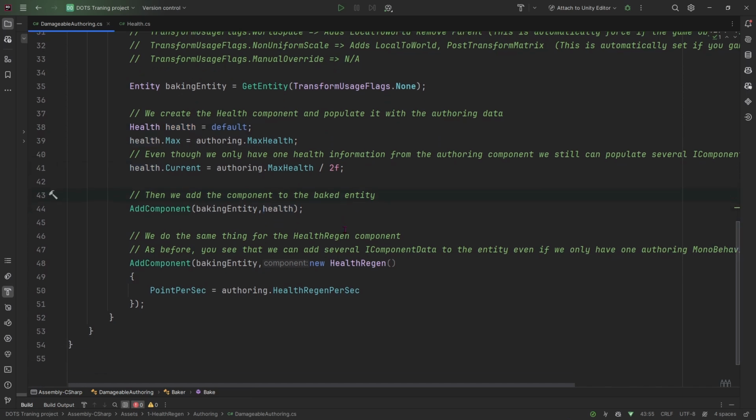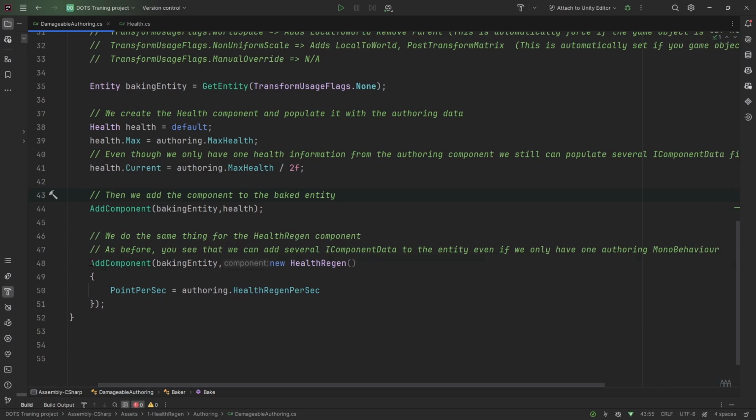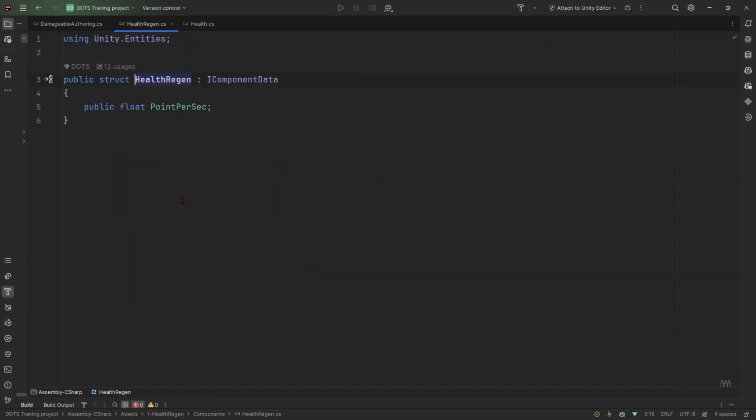I can do the same thing for the else regen. In that case, I'm just doing it in a single line, so it's a different syntax. But as you can see, it's exactly the same type of component. We just have a struct, else regen, which implements the IComponentData interface. And that just has the number of else points I will regenerate per second.